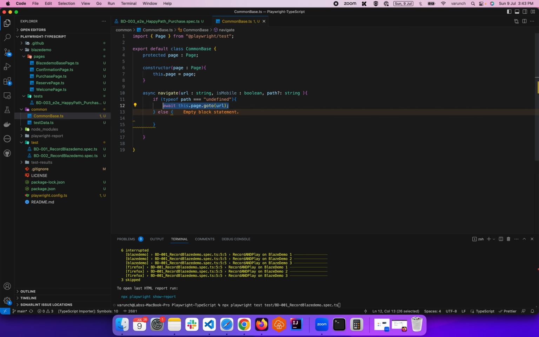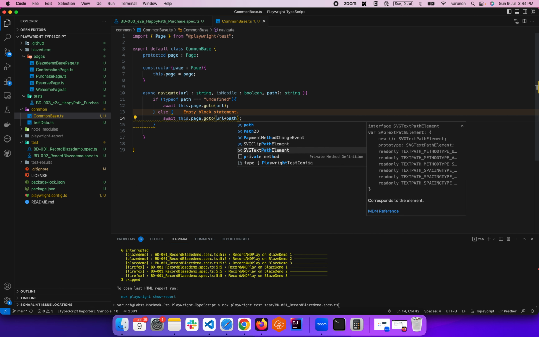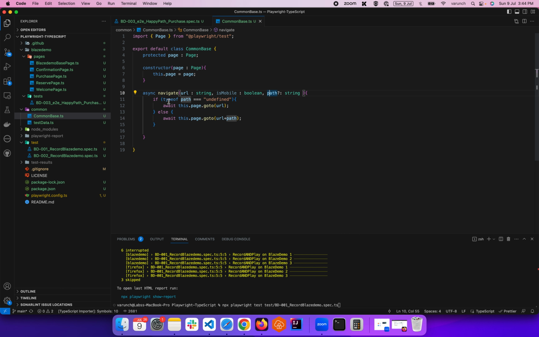Else accomplish the same thing, URL plus path. If path is undefined, see here, this is very clear. If path is undefined, then open the URL. If there is a path, slash confirmation slash reserve, whatever, then open and go to this. Okay, and once we try to open the browser,